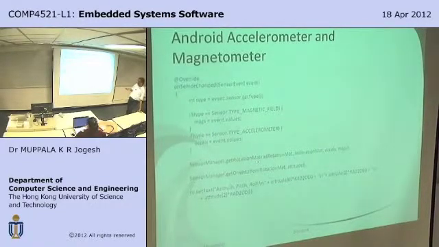then you can use these 2 values in order to compute the orientation of the device. Now, Android provides this particular method, which is already built into Android, called getRotationMatrix. In this method, you supply the acceleration and magnetic values that the 2 sensors return to you. If you supply them as inputs, then this method will return 2 matrices, called rotation mat and inclination mat. You can then take these 2 matrices and supply them to this method called getOrientation. And when you supply them to getOrientation, it will return